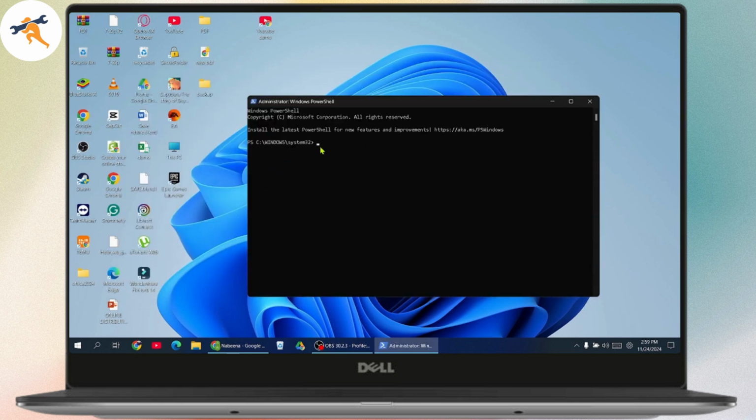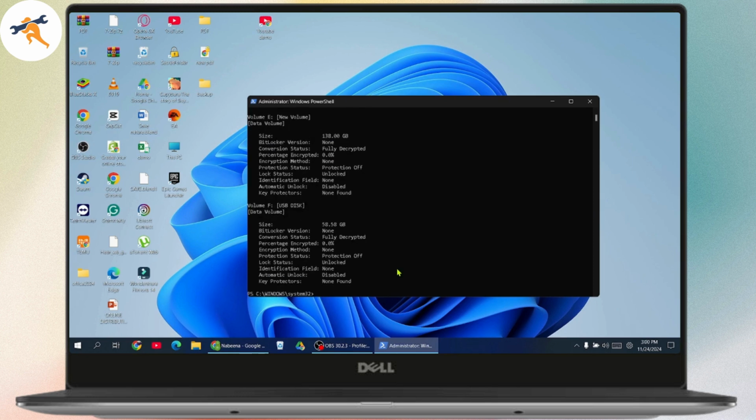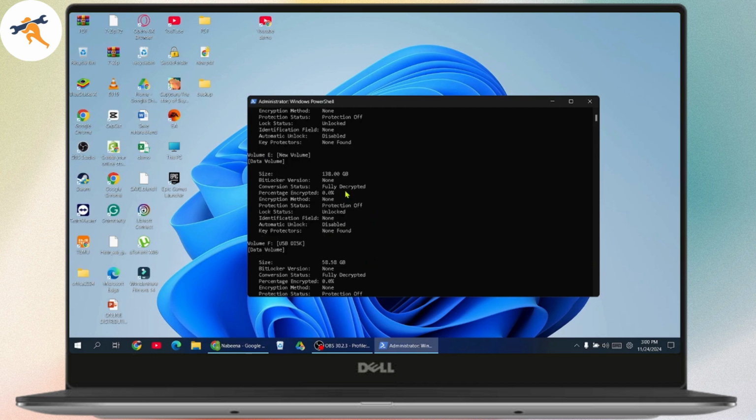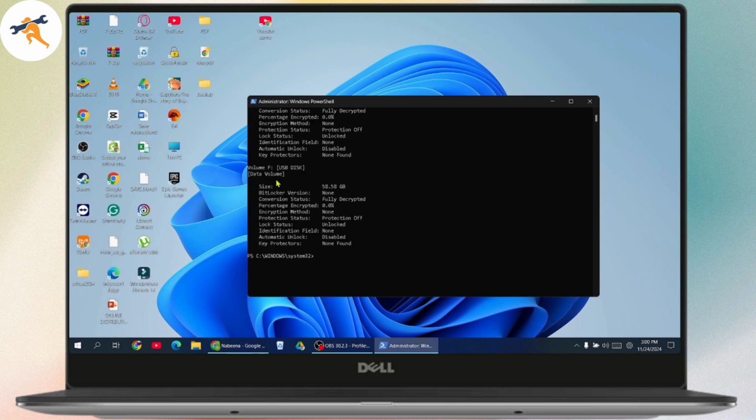So the command goes like manage-bde space -status, and hit the enter, and you will be able to check all of the BitLocker encryption. In my case, it is all unlocked and the protection is off, which you can see right here, the protection status, it's off. So if you have any drive in which the protection is on, and if you want to turn it off, then what you need to do is you just need to simply enter a command, which is